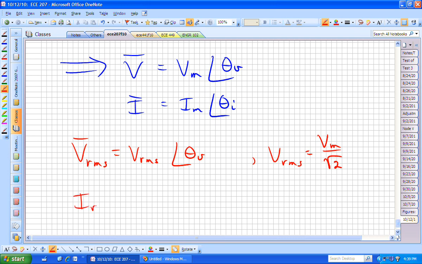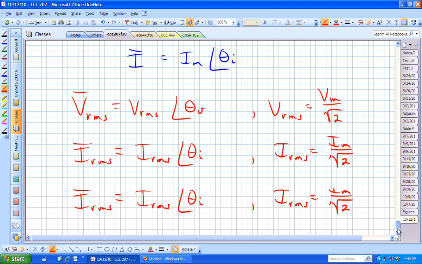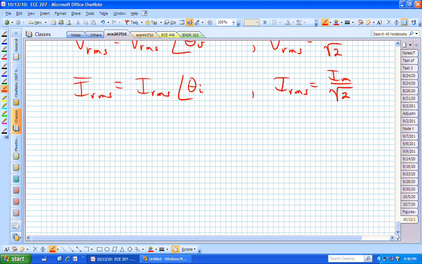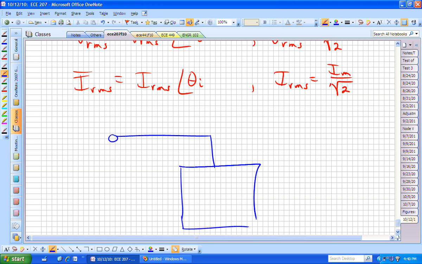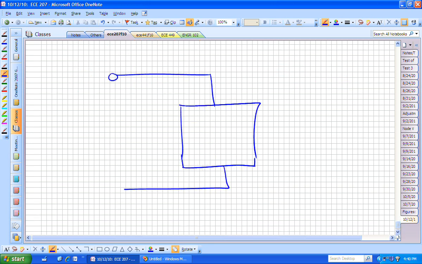All right, what's IRMS? Exactly the same structure, with the maximum amplitude of your current being divided by the square root of 2 to obtain your RMS current value. Let's now use that in a circuit. Now I might draw something like the following picture. I might say, okay, here's a general